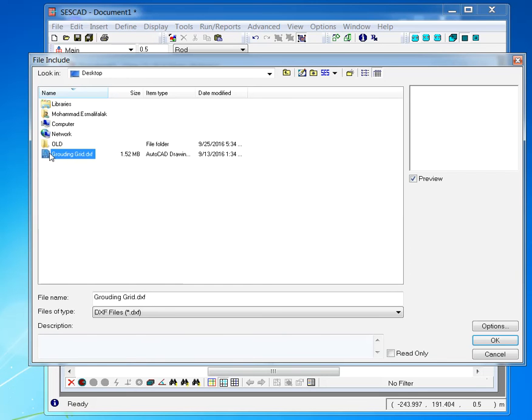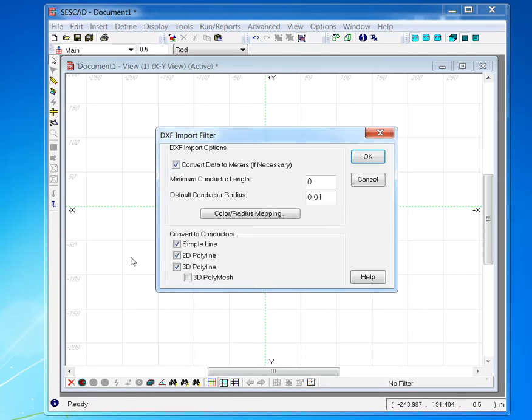They have the grounding grid from the project that they are working on. They can export a DXF file. So you're looking for a DXF file, and if you double click on that,